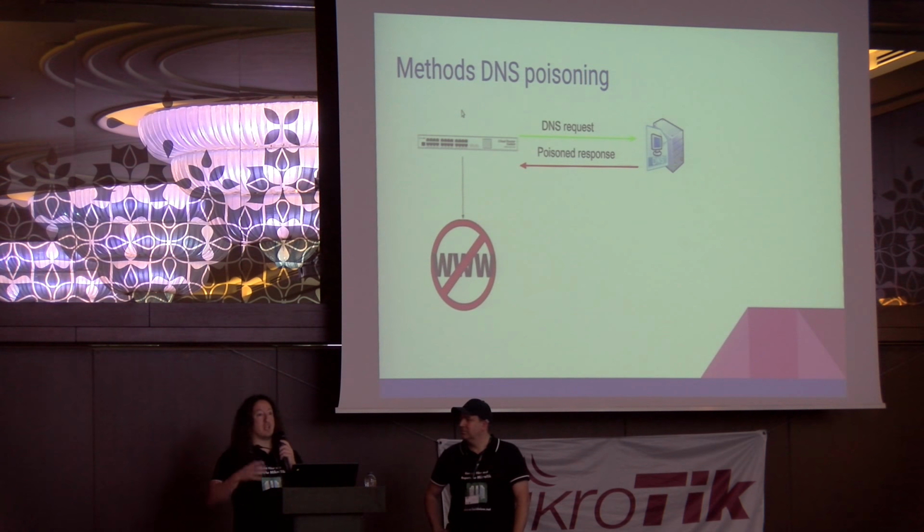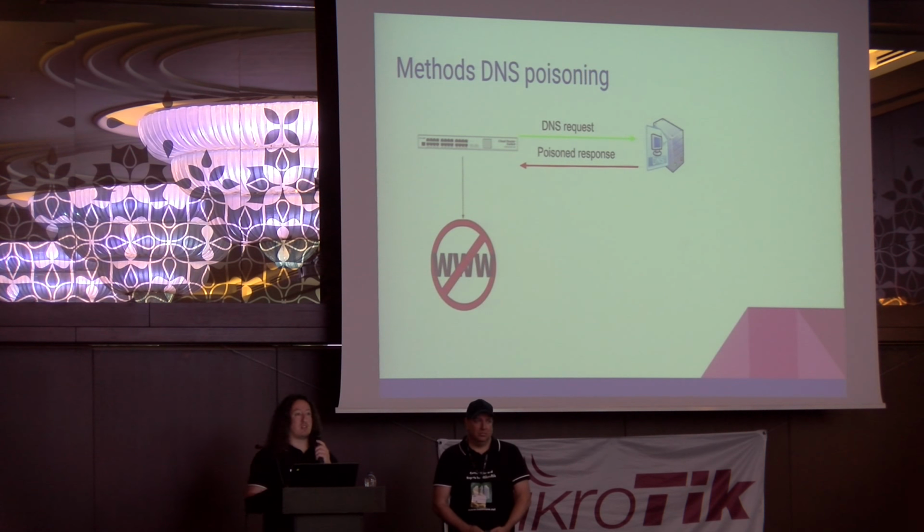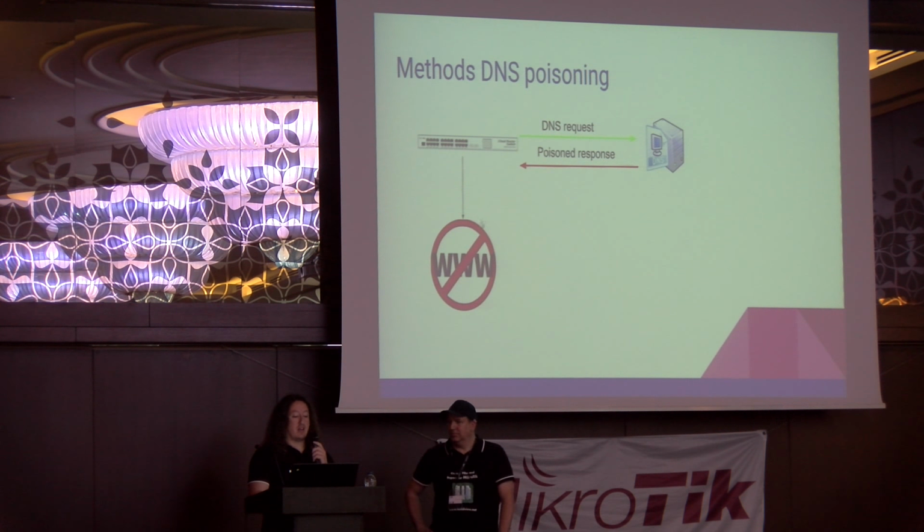It's straightforward, you get to Google. But if it's for something that you should not get to, the way DNS poisoning works is the DNS server sees, oh, you want to go to porn.com. Instead of giving you the IP address of porn.com, it gives you a different IP address. That's what DNS poisoning is. It changes the IP address that you would have gone to. And you end up going to a nice block page which says you're not allowed to go to the site,